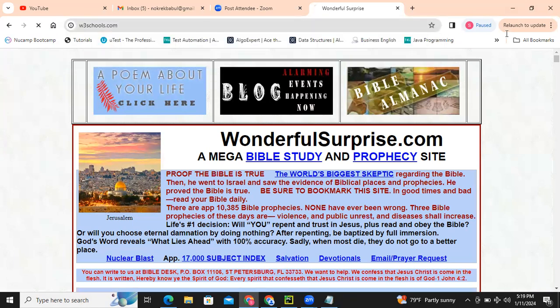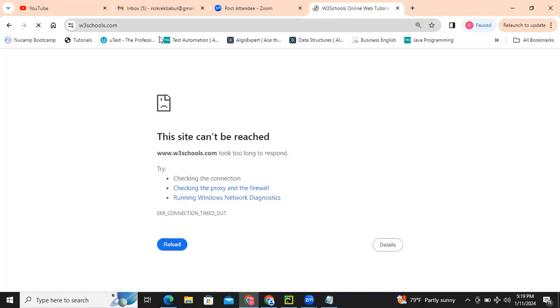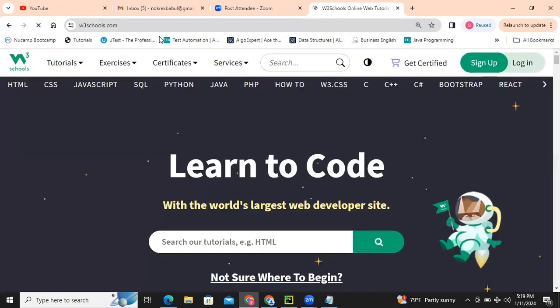If you go to W3schools.com, I think I have to change my service. I'm using Spectrum. Sometimes it is working really good. Sometimes, you see? Okay. Python.